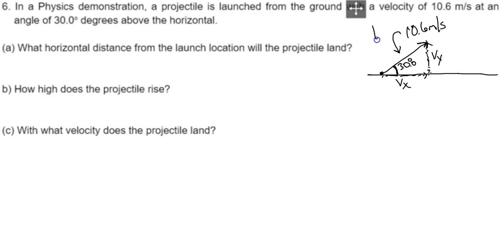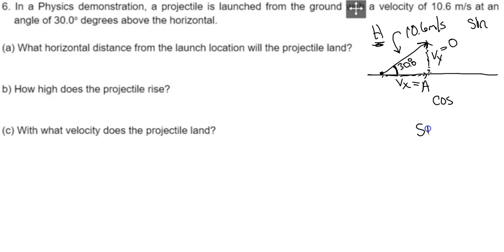So that's our hypotenuse. With respect to 30 degrees, our velocity in the y direction is our opposite side. Hopefully you see where I'm going with this. Our velocity in the x direction is our adjacent side. So we know the hypotenuse. If we're looking for opposite, we need to use our sine function. If we're looking for adjacent, we need to use our cosine function,